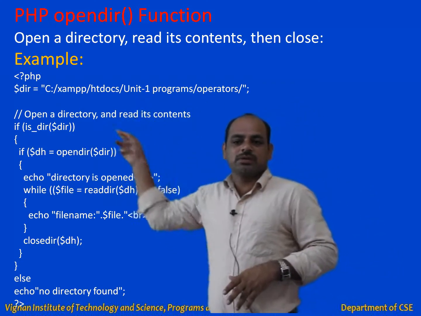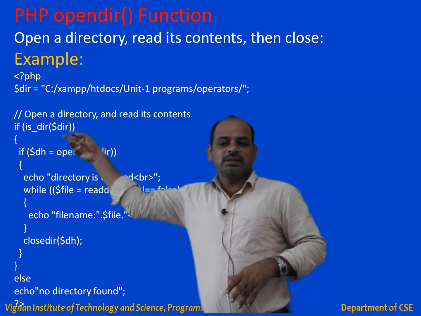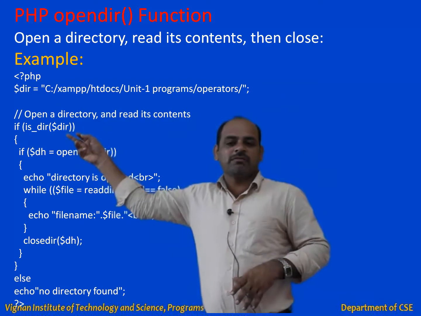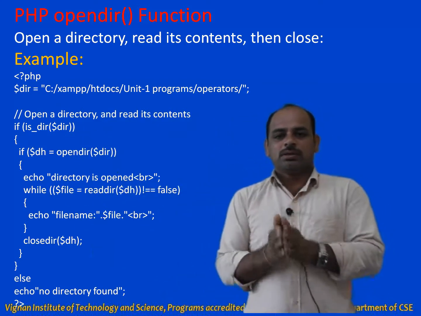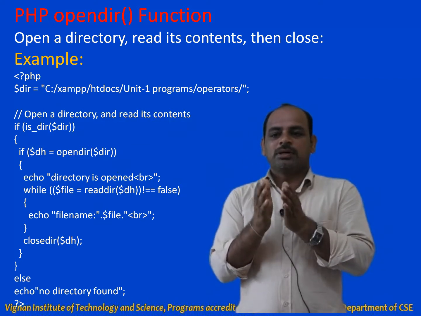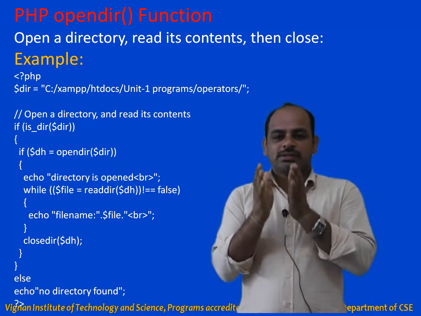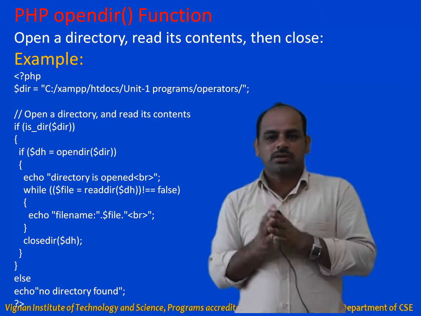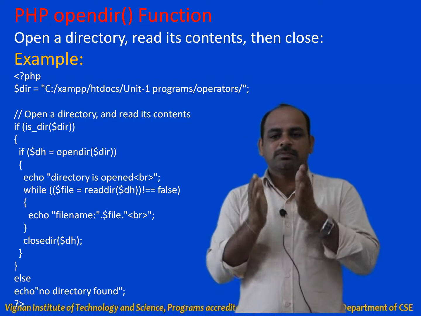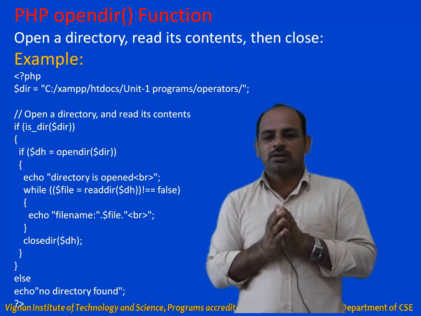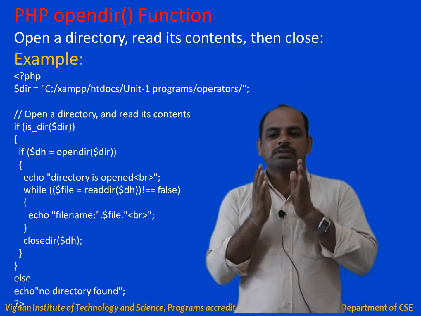Next, you can see here the is_dir function, which verifies whether the current working directory, that is the operators directory, exists or not. If it exists, then it will startreading. Suppose it doesn't exist, then you will get a directory not found error. That is what this if statement